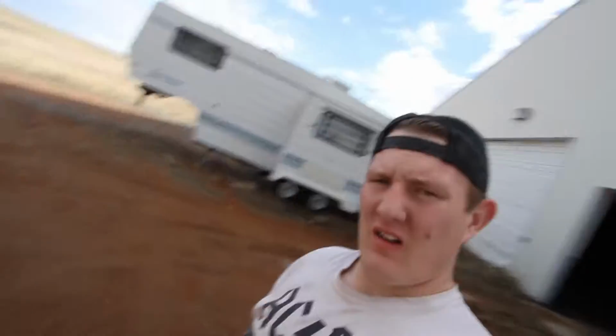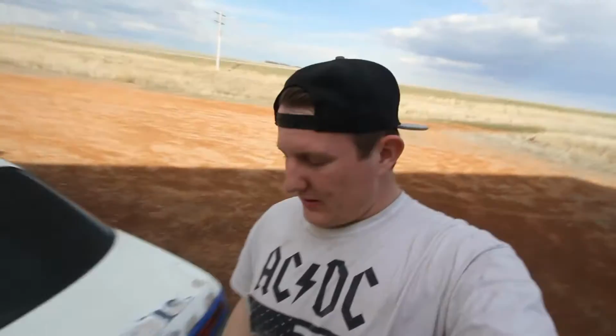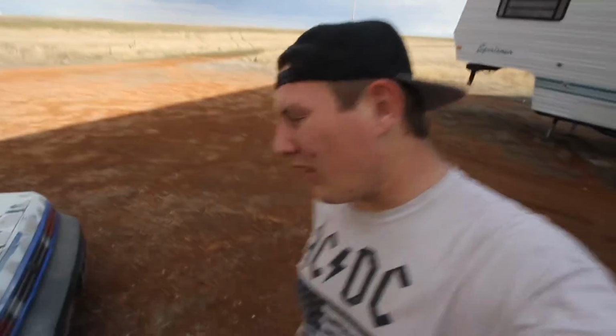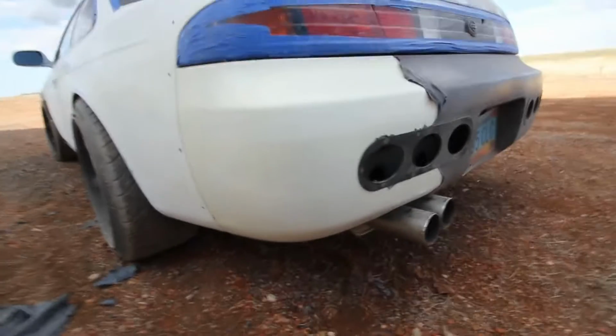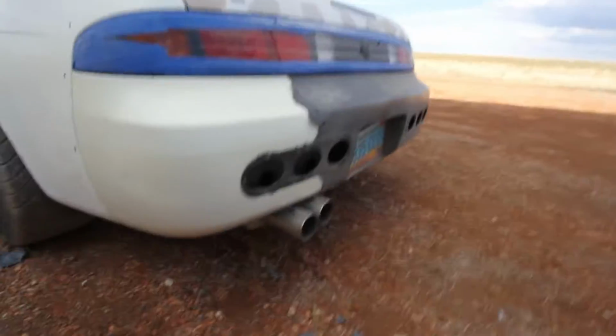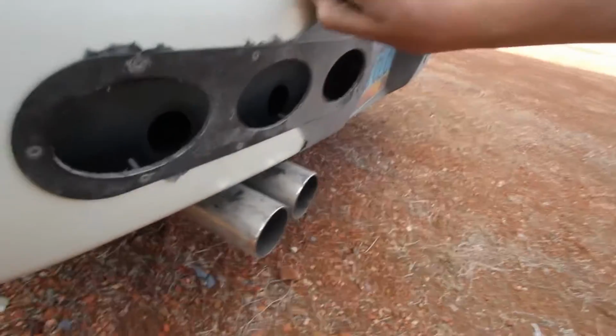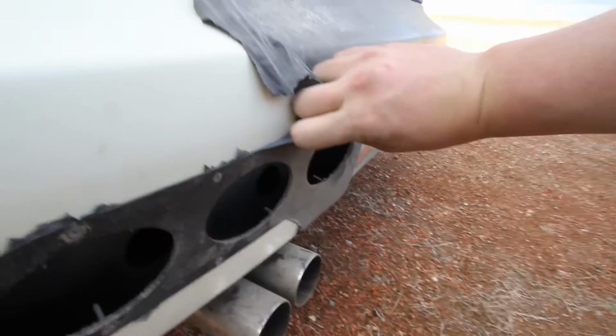So, alright. I legitimately have been spending, hold on, let me clean you off. Been spending 25 minutes, right? On this bumper, and I got to right here. You would not believe how difficult it is to take this